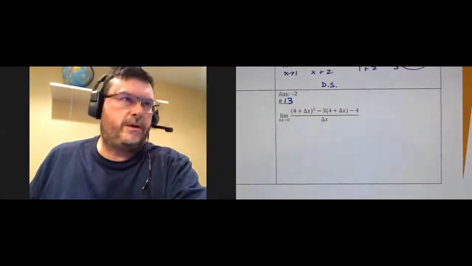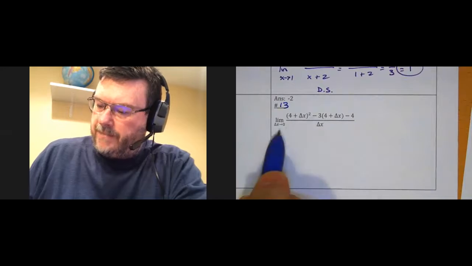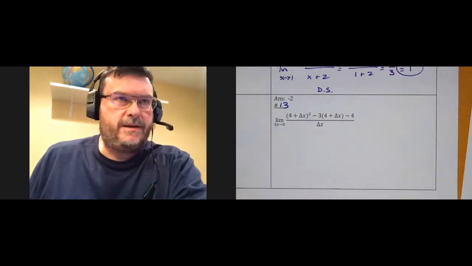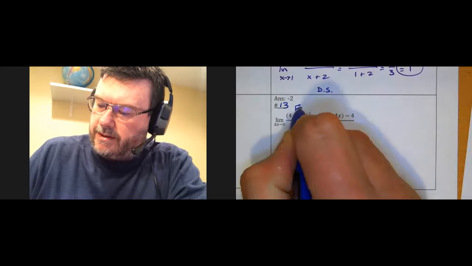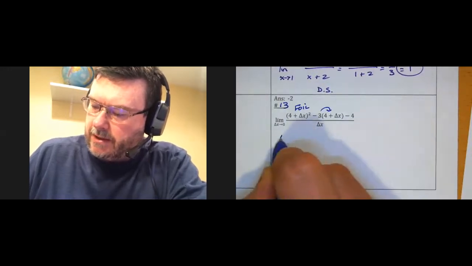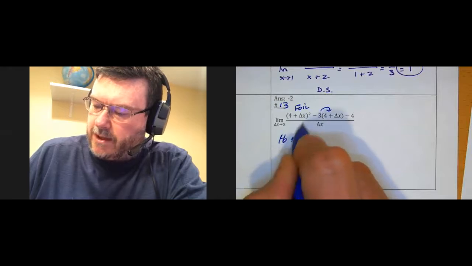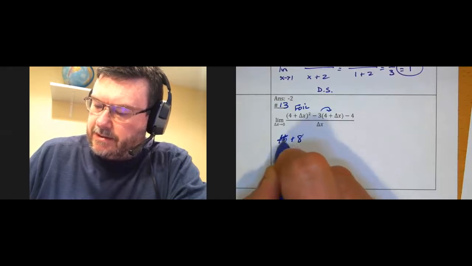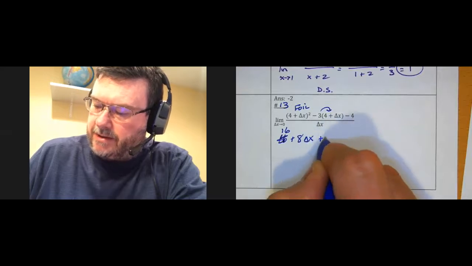So we're looking at number 13. I might be rushing through these. I just wanted to try and get through these. They want the limit as delta x goes to 0. So as delta x goes to 0, I'm going to FOIL this. I'm going to multiply this through, and I'm going to subtract. So I'm going to get 4 times 4, which is 16, plus 4x plus 4x is 8x. 8 delta x plus delta x squared,